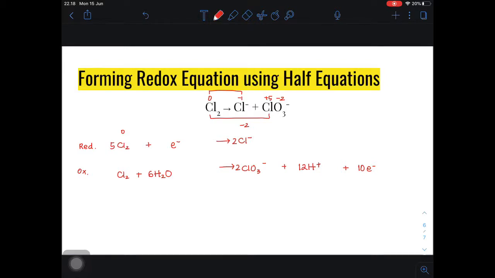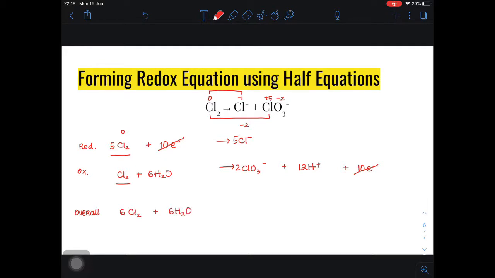Multiply everything by 5. And we can eliminate the electrons. Therefore, the overall reaction is 6Cl2, because we have 5Cl2 and 1Cl2,